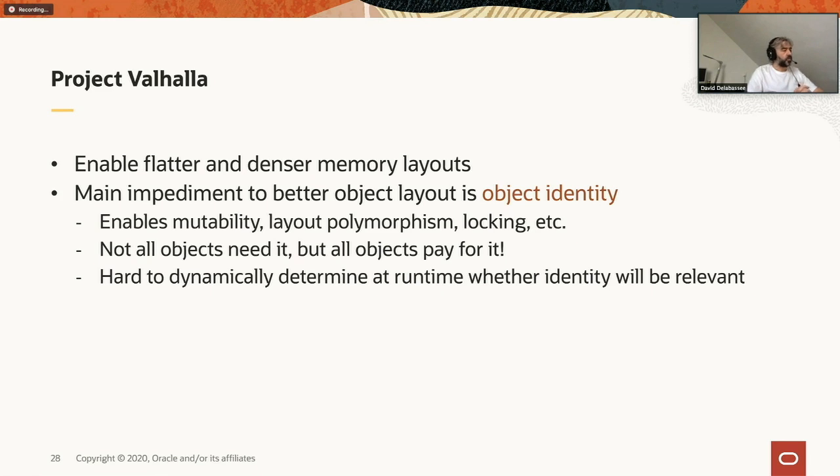Now, there's an issue. We have the Java type system, something that obviously is very powerful, but there is a price to pay, and sometimes we miss a bit of flexibility. And that's basically due to the fact that each object has an identity. It's something that obviously is needed. We're not going to get rid of object identity. It enables mutability, polymorphism, and so on and so on.